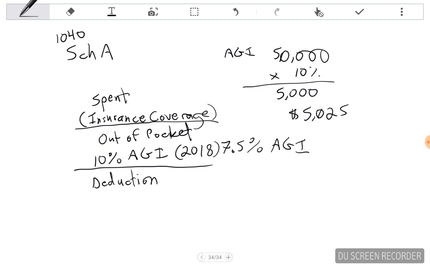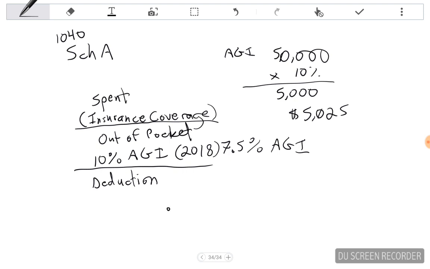So they have some general things, like long-term care and transportation for medical care, like if you have mileage, there's medical mileage. Then cure and prevention of diseases. It's pretty comprehensive as far as what you can deduct. The only thing that you really are not allowed to deduct,